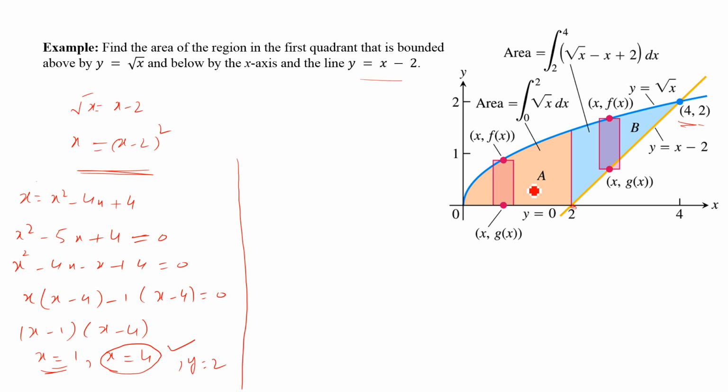Now for this region, we subdivide this into two parts. Let me write the required area, that is, the area bounded above by y is equal to square root of x, below by the x-axis, and the line y is equal to x minus 2. First we write the x-axis part and then we'll write this part. So the total area is the area of the region A